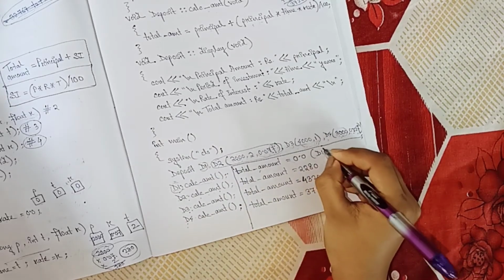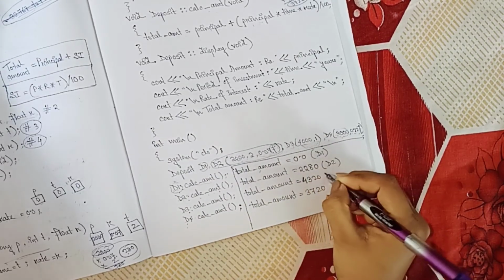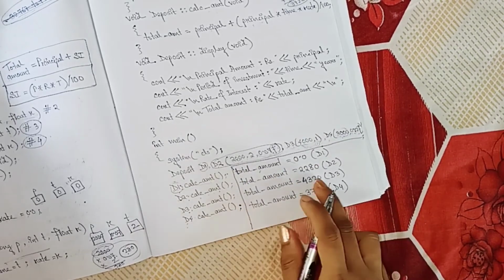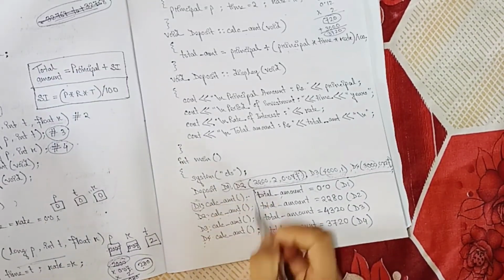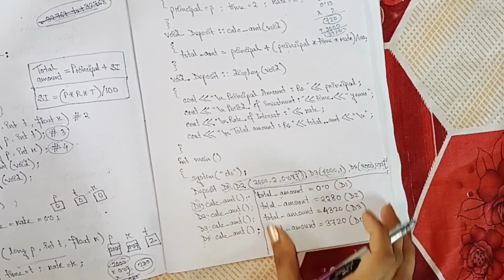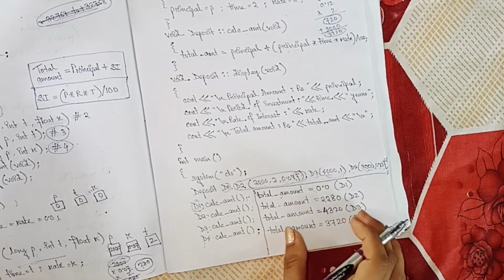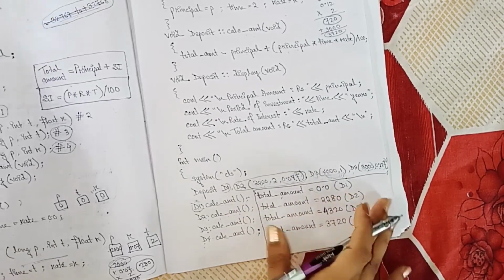So this is stored in particular locations for the different types. This is for D1, this is for D2, this is for D3, and this is for D4. This is not your main program. I am telling you again and again, your main program is this. This you can write in the rough part, to show what calculation you have done.